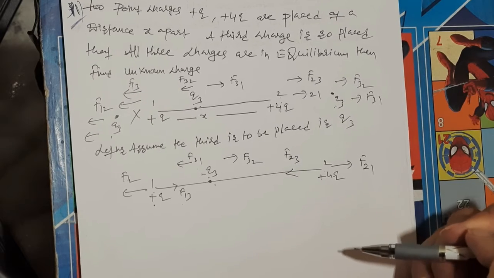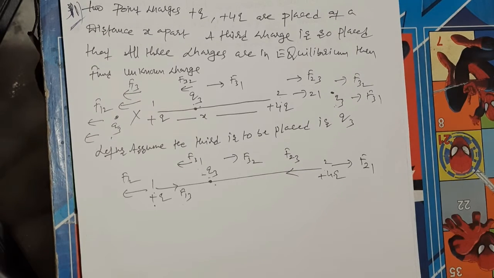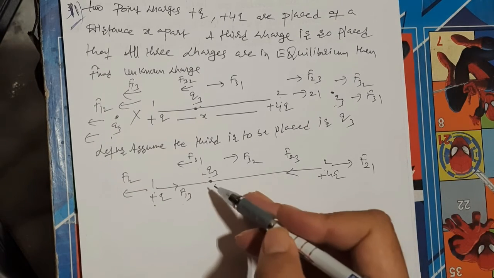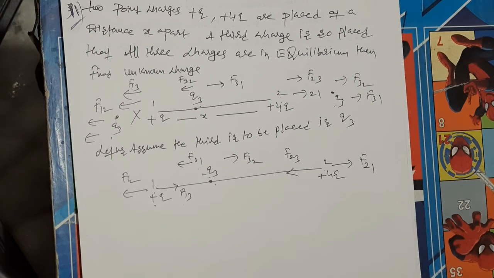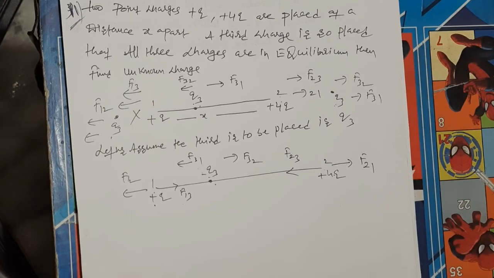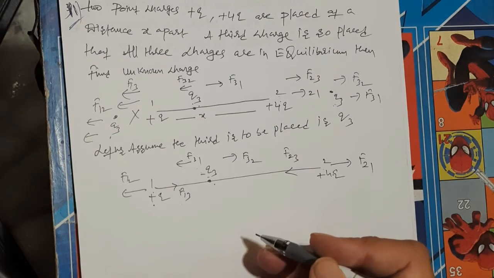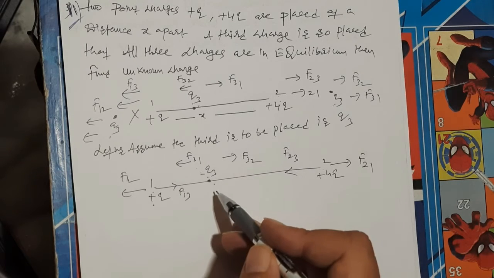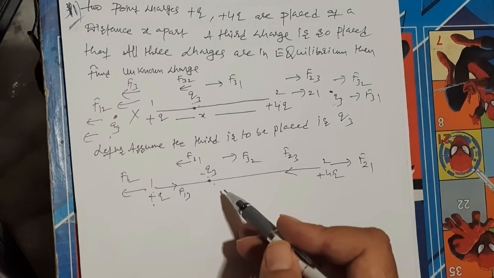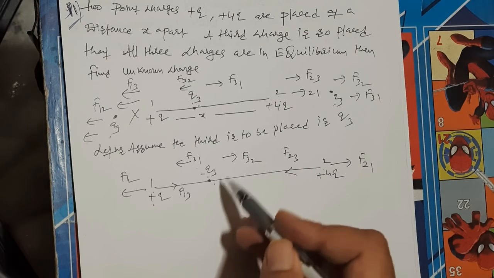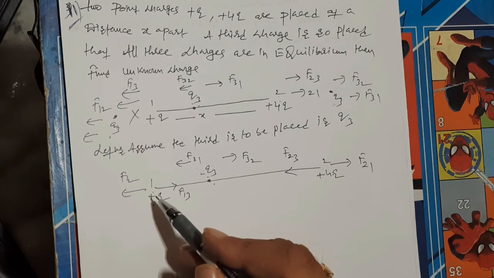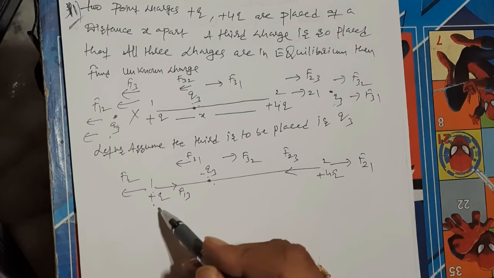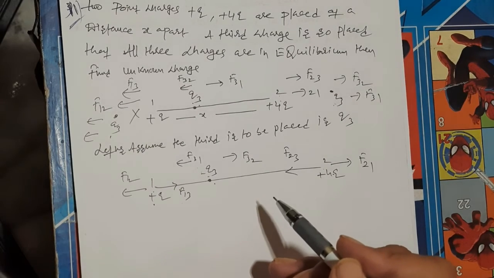Right. That means what type of charge is placed to keep all the charges in equilibrium? That is a negative charge. Introduction of a positive charge cannot keep all the charges in equilibrium. So we choose a negative charge. Whenever we choose a negative charge, then due to that negative charge, all charges Q1, Q2, Q3, first charge, second charge, third charge are in equilibrium.